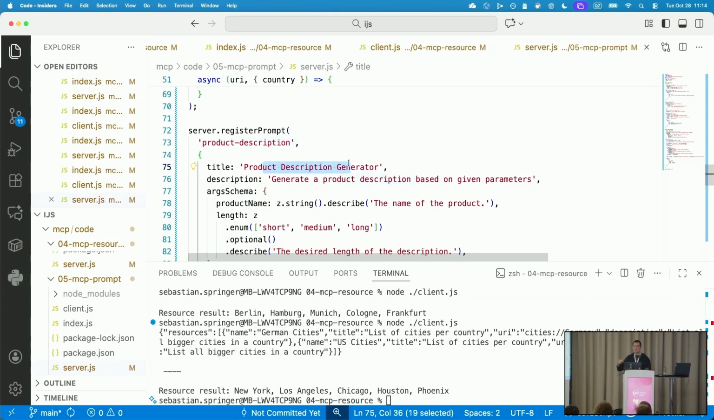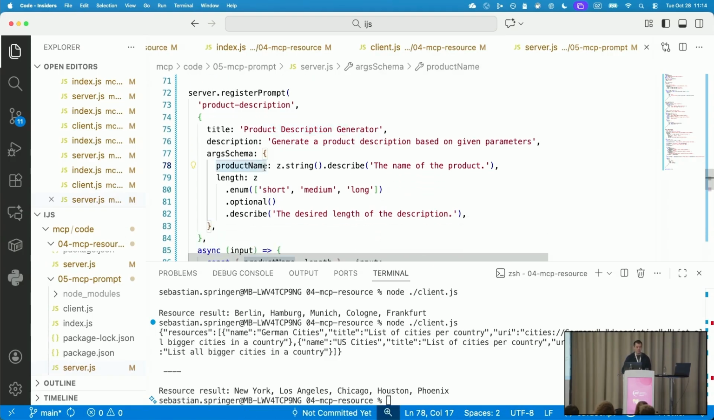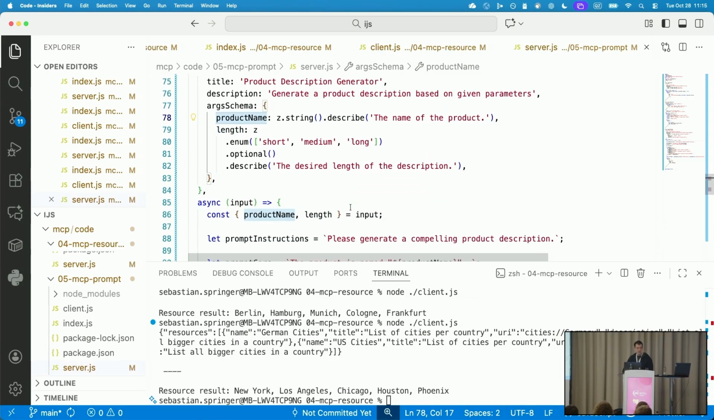It's a prompt template for a product description generator, and it generates a product description based on given parameters. Our schema is the product name, so we want to create a product description for an apple or something. And we need to provide the length of the description, so either short, medium, or long. And the result is